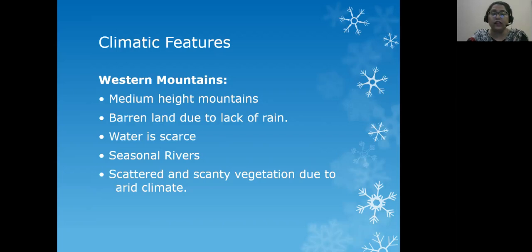The region has scattered and scanty vegetation due to the arid climate. An arid climate is a climate which is mostly dry, hot or cold, but doesn't get enough rain.